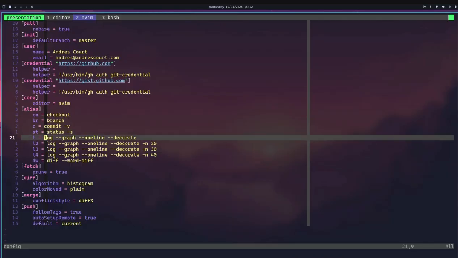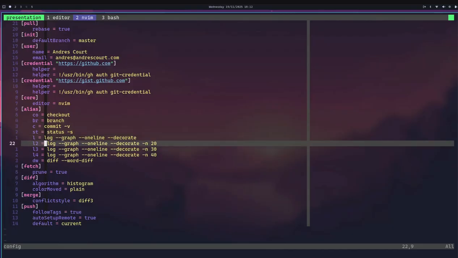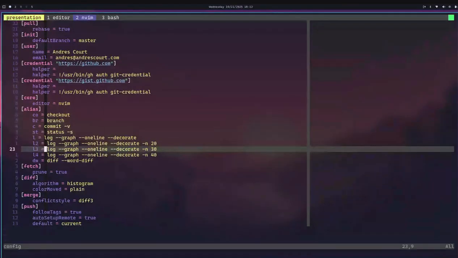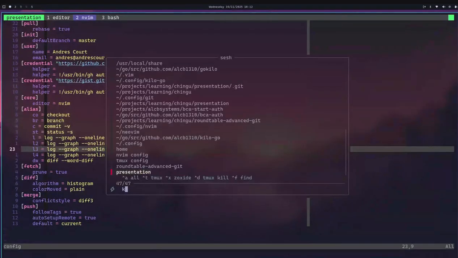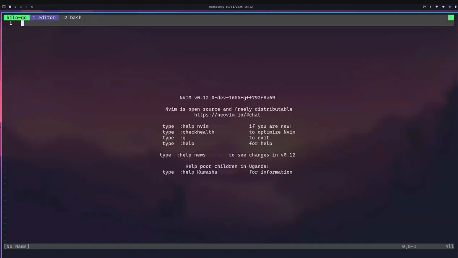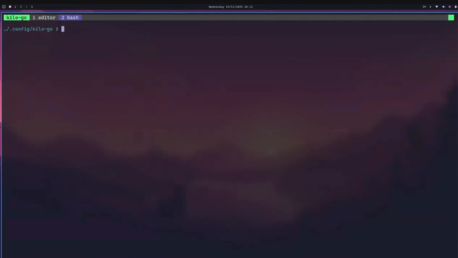I work a lot with logs, and I have one line and decorate, and with different numbers of rows on the git log. So if we go to, for example, this project that's the one I've been working on and showcasing, if I do a git l,